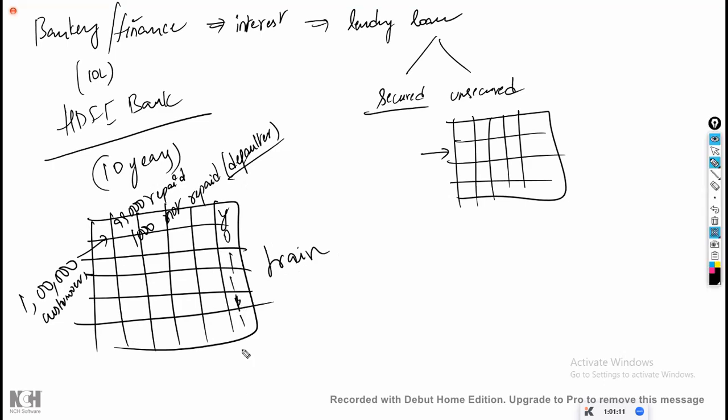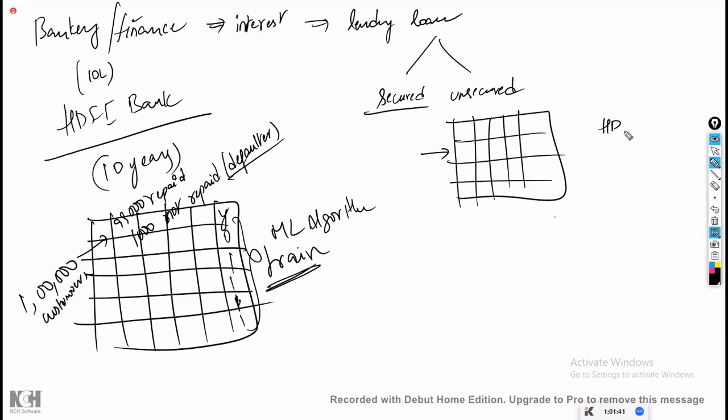1 means repaid, 0 means not repaid, assume something like this. Now we have the data where input is there, and at the same time output is also available. Last 10 years data. Using these 10 years data, we are going to create the ML algorithm which identifies more accurately on the last 10 years data. Once the algorithm is designed, now on unknown data, for example, tomorrow you are going to apply for a personal loan at HDFC